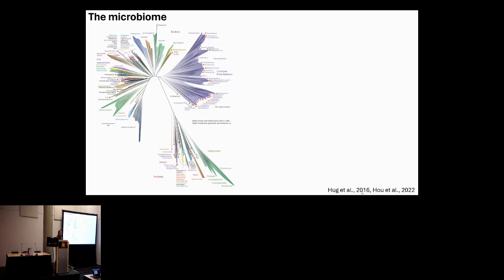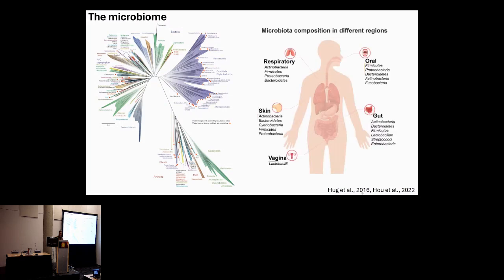Microbes account for a huge amount of diversity in our environment, and that genetic variation enables them to adapt to a range of environments. I am specifically interested in the human microbiome, which has many different environments, different niches that microbes can adapt to. For example, in the skin you have a majority of facultatively anaerobic bugs, versus in the gut, most are strictly anaerobic, and they are able to thrive in that environment.